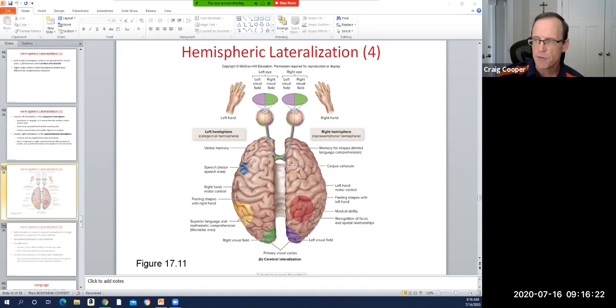So if we look at these frontal lobes, we've got verbal memory. When we're trying to read and write and speak and understand those things, that's pretty much all on the left side of the brain for most of us. The right side, memory for shapes. So if we're trying to feel, recognize, identify triangles, circles, ovals, rectangles, that type of information is much better on